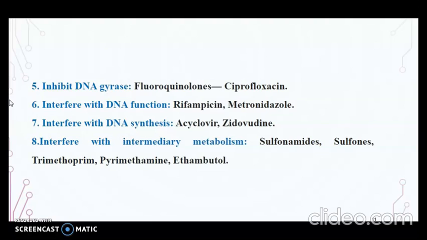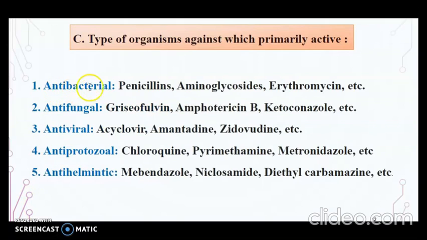And the drugs which interfere with intermediary metabolism or are involved in metabolic antagonism are sulfonamides, sulfones, trimethoprim, pyrimethamine, ethambutol. For antibacterial treatment, drugs like penicillins, aminoglycosides, erythromycin are used, and for antifungal, rhizoflavin, amphotericin B, ketoconazole. Antiviral examples are acyclovir, amantadine, zidovudine, and for the antiprotozoal, chloroquine, pyrimethamine, metronidazole, and the antihelminthic ones are mebendazole,